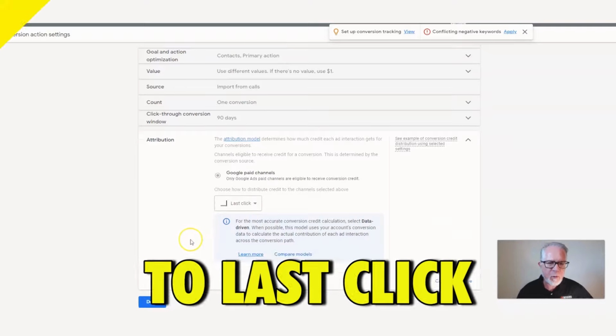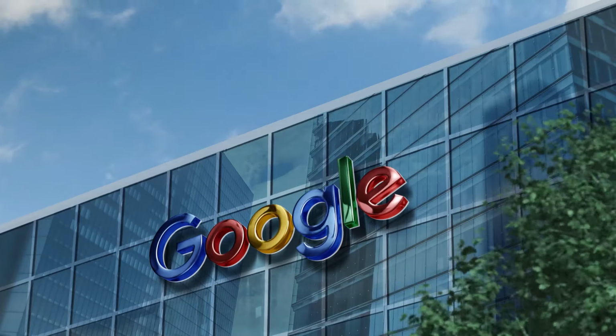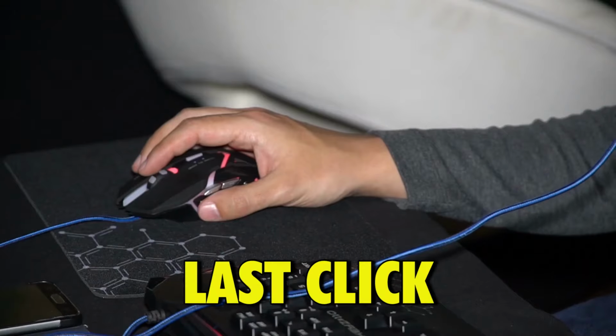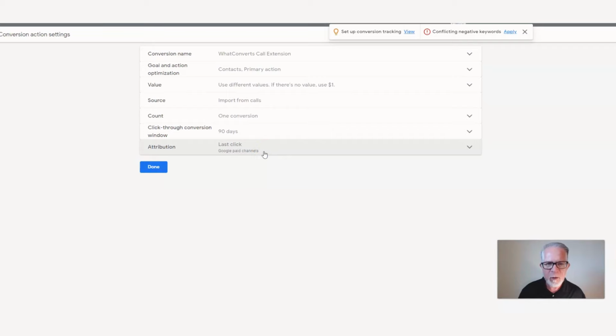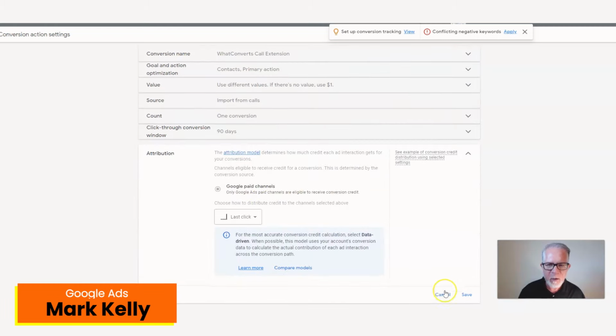attribution to last click. So one of the things is that these conversions are automatically created by What Converts when we integrate Google Ads. And even though when we set up What Converts, we say use last click, when Google builds that conversion inside of Google Ads, it still marks it as data driven. So you've got to come in here and make a manual